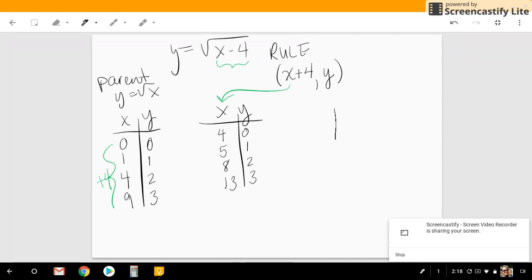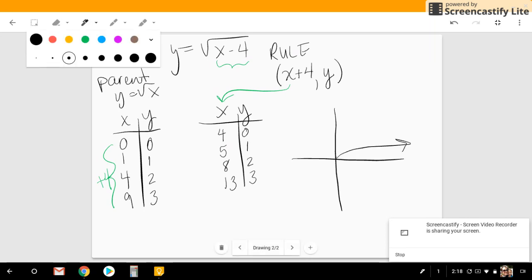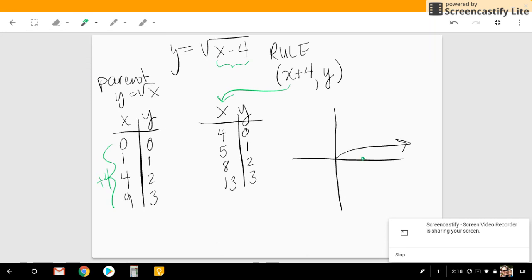outside. So again, if I were to draw a picture, which I don't have any graph paper on here, my new one would start 0, 4 over and 0 up, and it would shift over this way because this is 4 comma 0. Okay, so if you're remembering from yesterday, we talked about inside goes opposite. This one moves right 4 units. And sometimes it's easier to see once you draw it. Like we can see that this is moving right 4 units, and we could therefore graph it a lot better